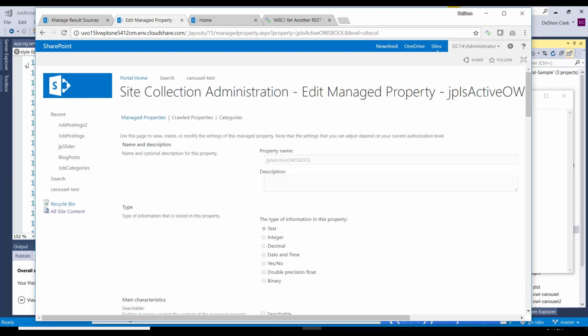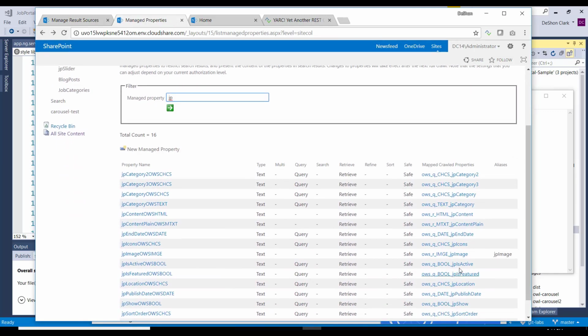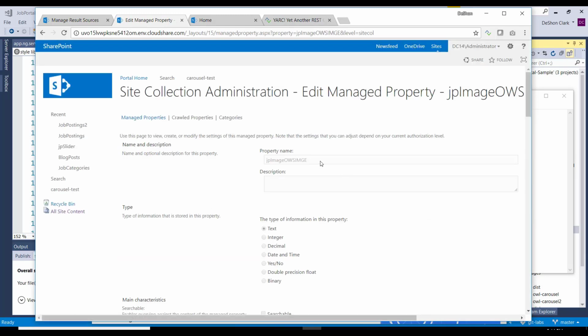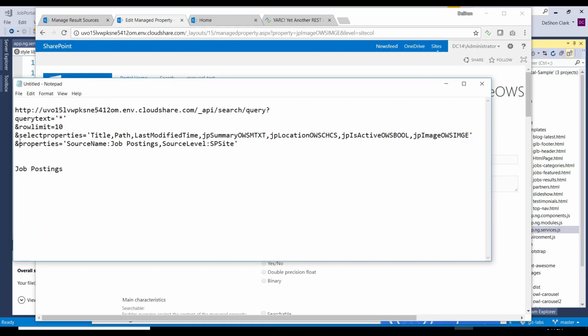And then the other guy we want to grab is going to be the photo, and that's going to be the JP image. And if the JP image, that's going to be this managed property here. All right. And it's going to be interesting to see how this JP image comes out. So let's go ahead and add this guy here. All right, and now if we